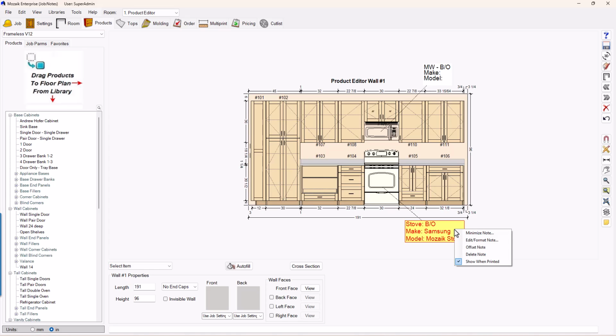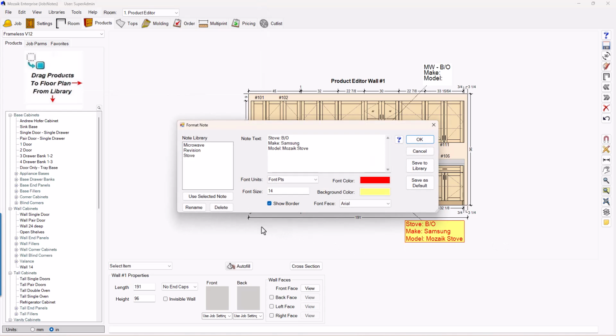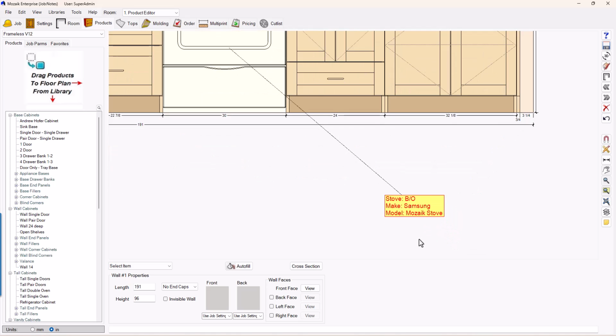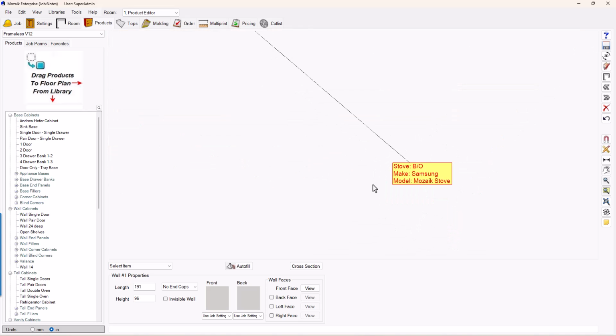Let's go ahead and right click on the note again, and let's go to Edit Note Format. You can easily change your font units to either font points, or you can change it to font inches. If you look at the font points, we have the font size at 14. You can also select a different font if you would like for the actual notes itself. Now that's set at 14, so if I scroll in, you can see those actual fonts stay at a size